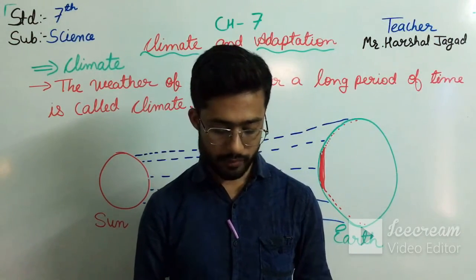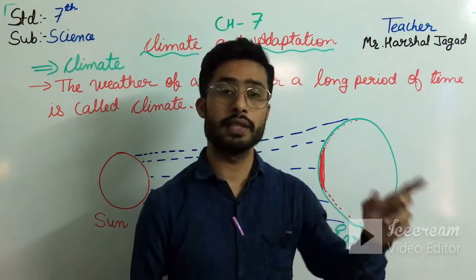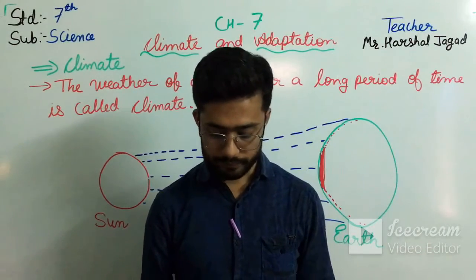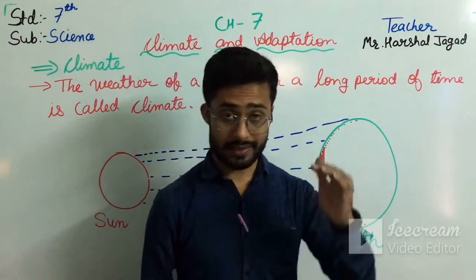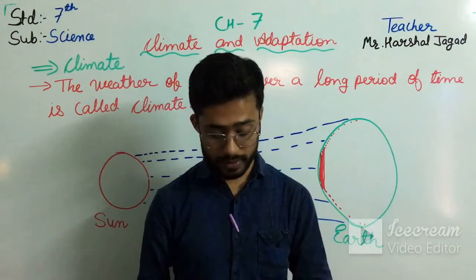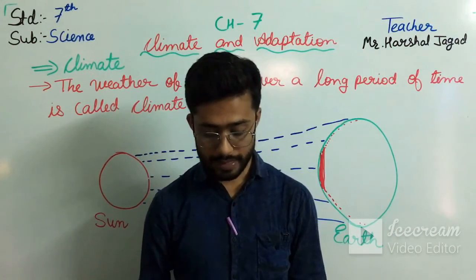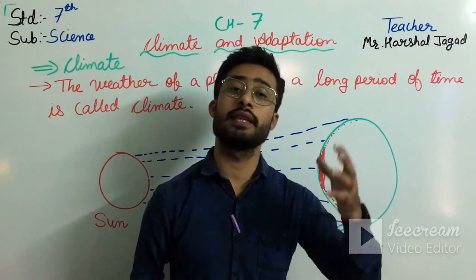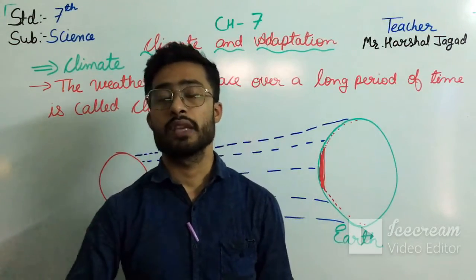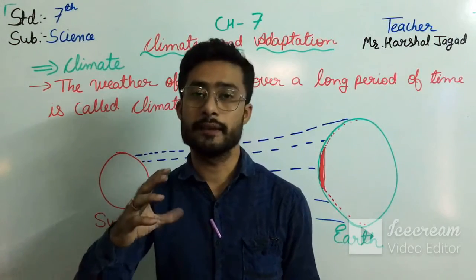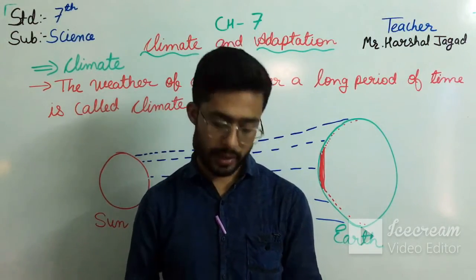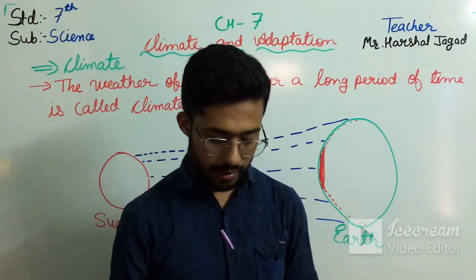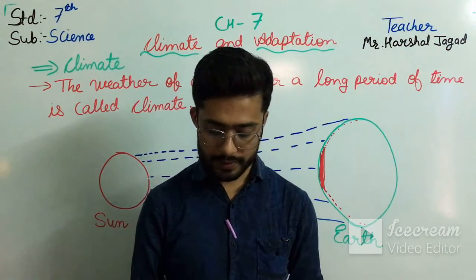The energy from the sun is radiated in all directions. All life forms on the earth depend on this heat and light from the sun for their survival. Life exists on the earth because of the sun. See here, due to that heat of the sun, life is possible. Okay, students, and our earth is the third planet from the sun, about